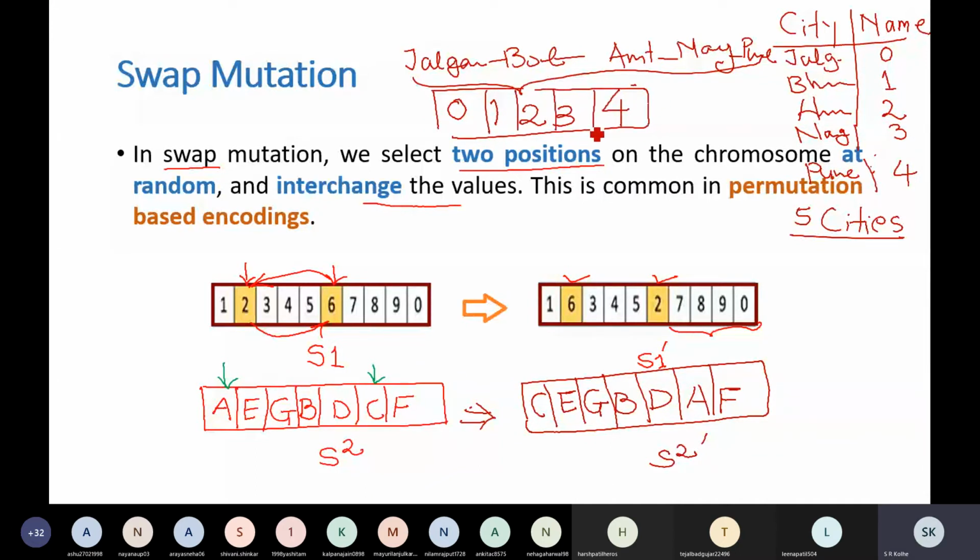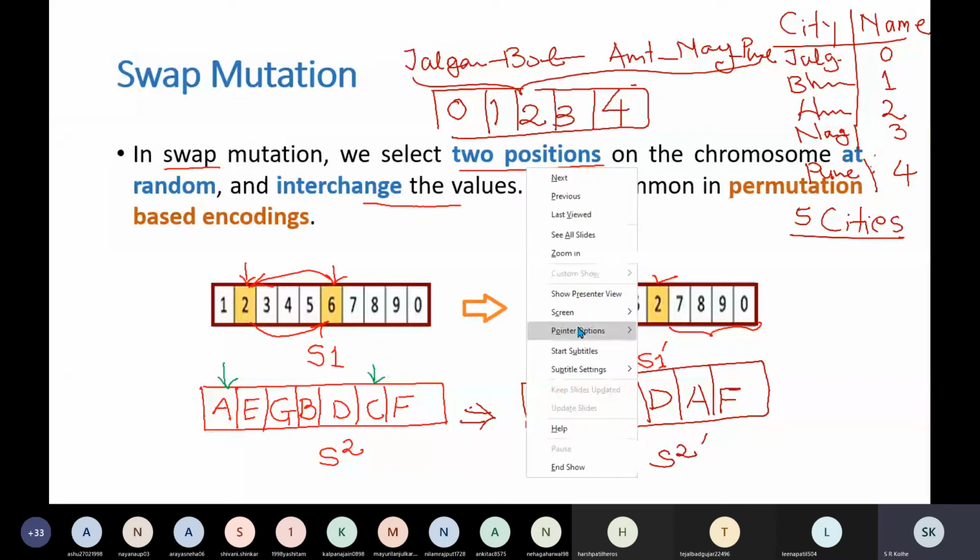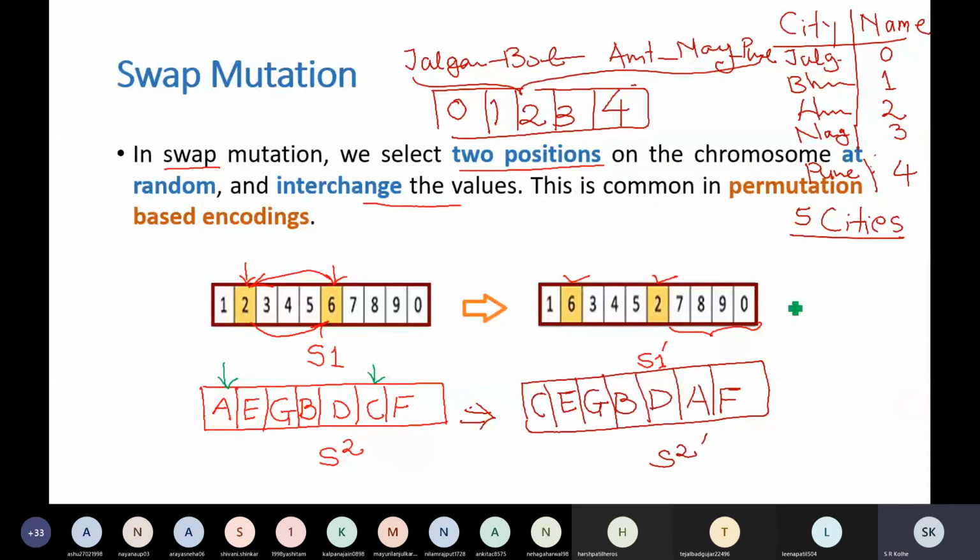Now somebody will say that instead of 0, I will represent Jalgaon as 1, Bhusawal 2, Amravati 3, Nagpur 4, Pune 5. So in that case your solution will look like this: 1, 2, 3, 4 and 5.